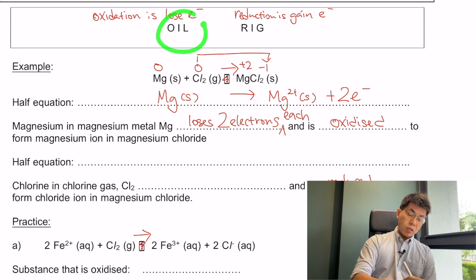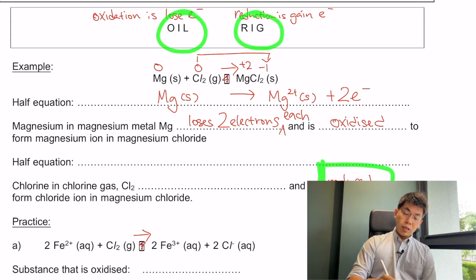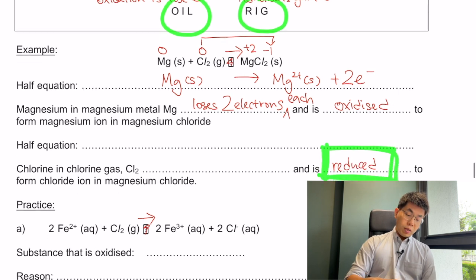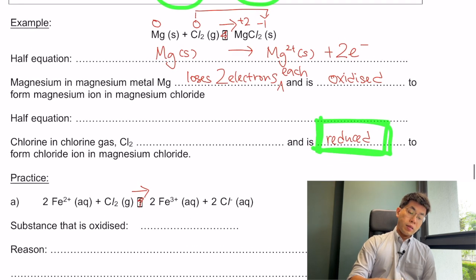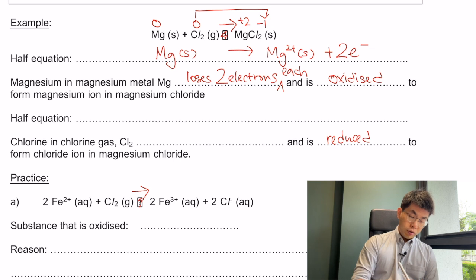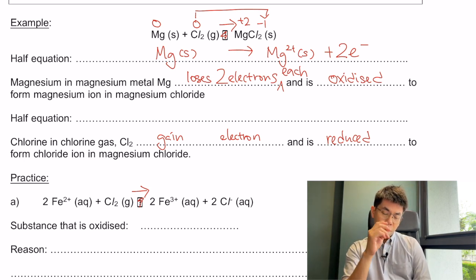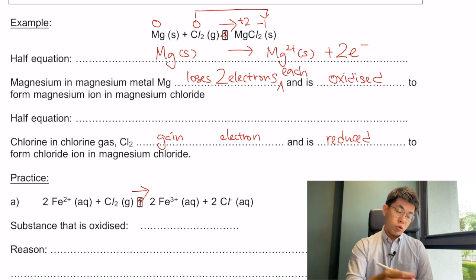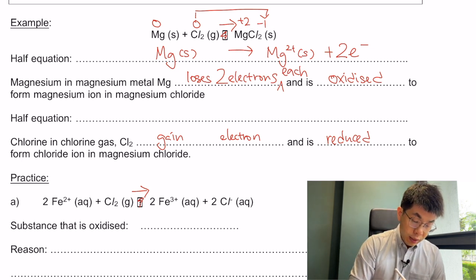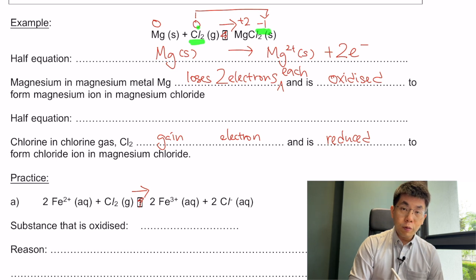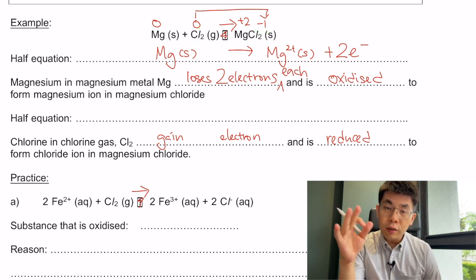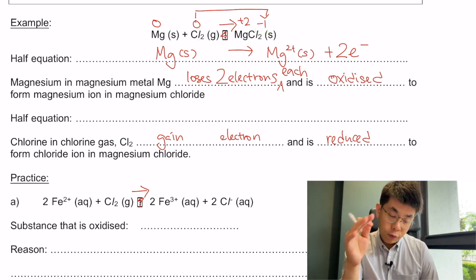After using oxidation state, because it's easier to determine, I use my OIL RIG. So OIL RIG says oxidation is loss, reduction is gain. I've determined using oxidation state that it is reduced. So that means chlorine would have to gain the electron. So chlorine in chlorine gas gains electrons. But remember what I told you, we need the number, and we can put in a cheat code. We can say each. So how many electrons should I write? You can see that this is 0 and this is -1. How do I go from 0 to -1? To go from 0 to -1, I need to gain